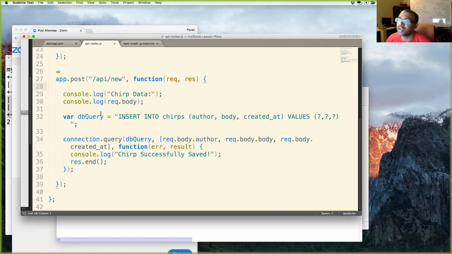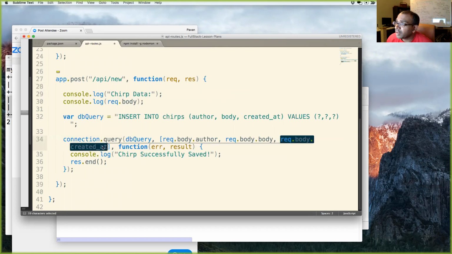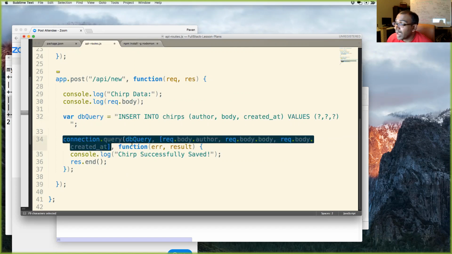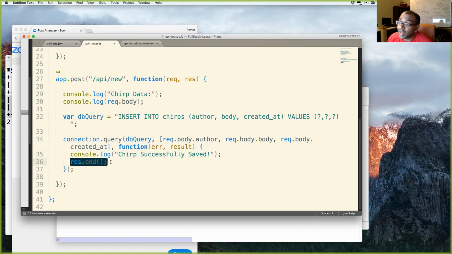Yes. Okay, cool. And then right here, we're doing req.body.created_at, and that goes into the third question mark, which goes into created_at. And that's what's happening right here. And after this query ends, this anonymous function gets executed. It's a callback. And right here, we're doing res.end. We're not sending anything back because we're just inserting to the database. That's all. Generally, you do send back a 200 status code, but we're not doing that here.